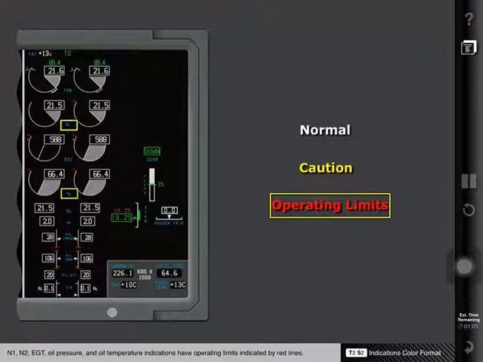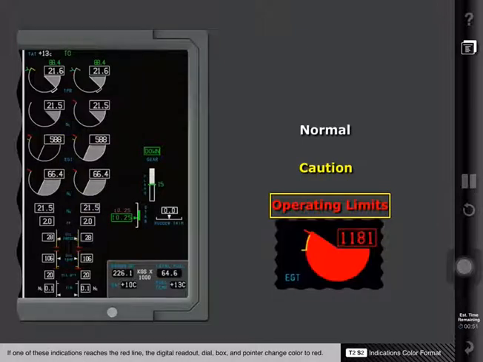N1, N2, EGT, oil pressure, and oil temperature indications have operating limits, indicated by red lines. If one of these indications reaches the red line, the digital readout, dial, box, and pointer change color to red. The N3 indication does not have a range or red line limit, but will change to red if the operating limit has been reached. The oil temperature and oil pressure indications change color back to white when they return to